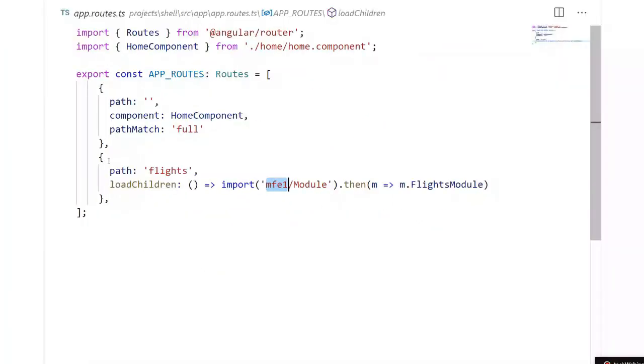And as you see here, I'm just doing lazy loading. From Angular's perspective, this is just lazy loading. Load children with a dynamic import. But Angular does not know that underneath the covers, this URL is mapped to something over there. This mapping happens in the world of Webpack, and so Webpack would load this lazy module on demand from this other origin.